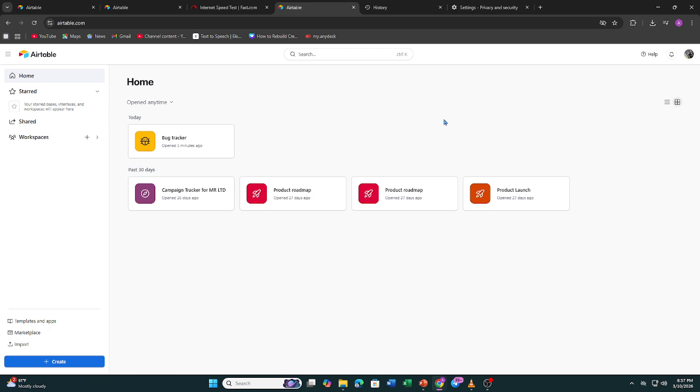And that's it. Most Airtable sync problems can be fixed by refreshing the base, checking permissions, clearing cache, or updating